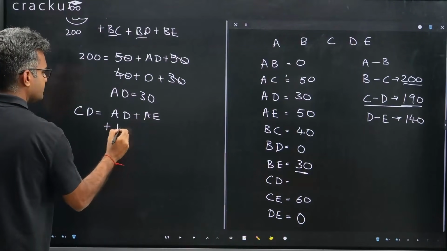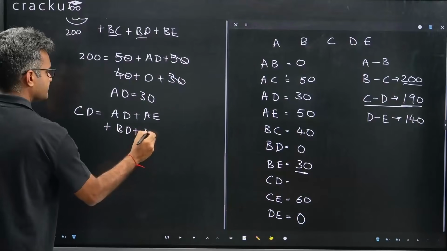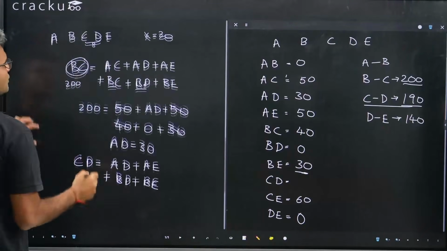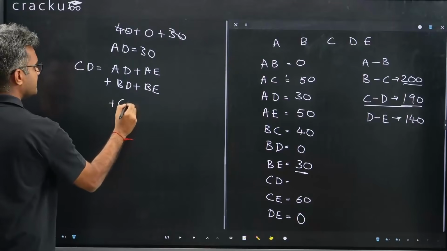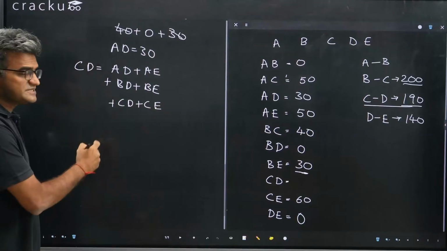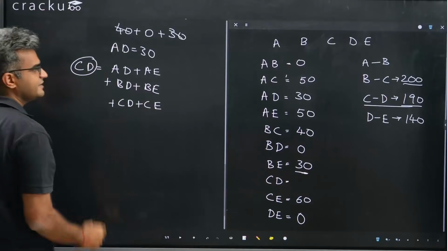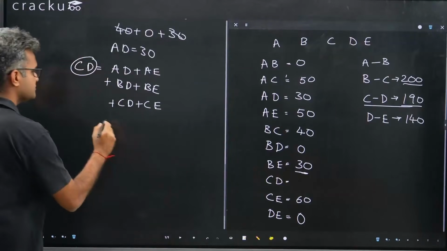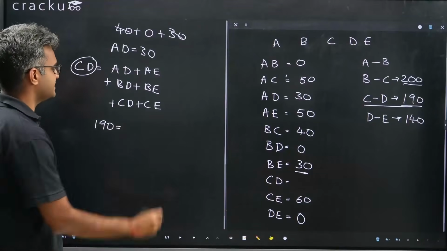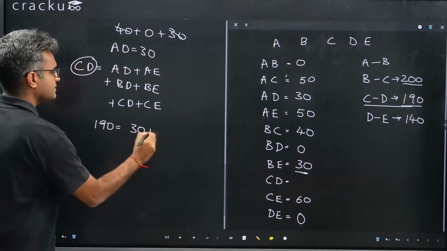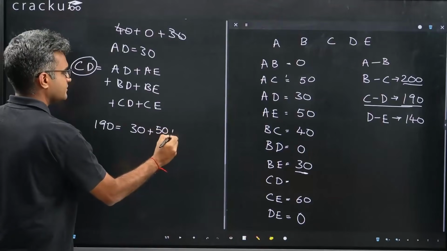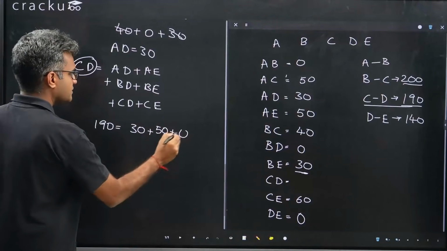Or you have to go from B to D or B to E. BD, BE. Or you have to go from CD or CE. Now the immediate segment CD is traveled by, like we know, 190 people. So this 190 has to equal AD is 30 plus what is AE is 50 plus what is BD is 0 plus what is